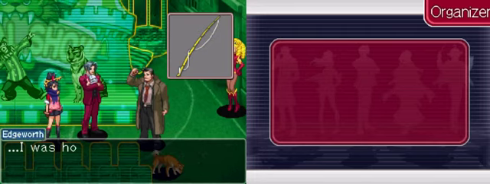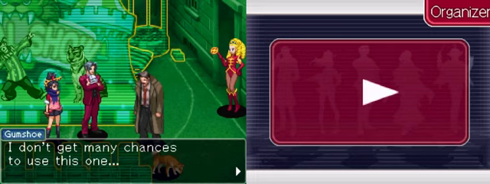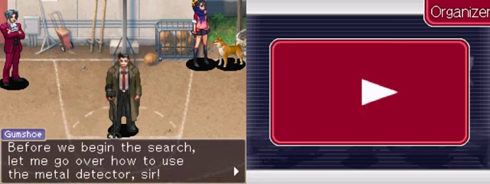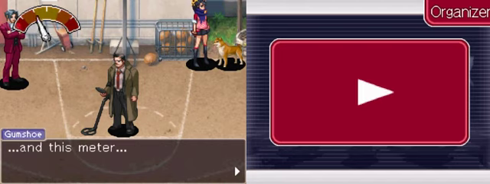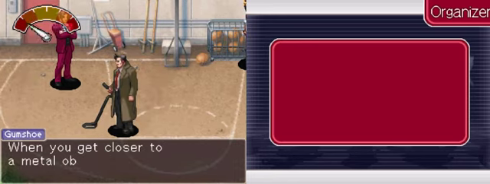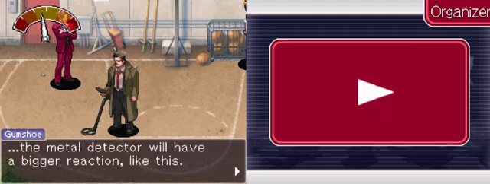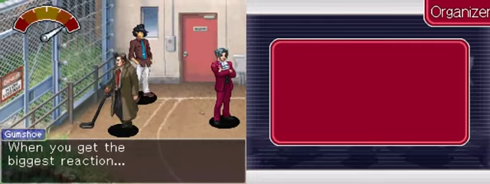Yes, sir! I was hoping for the metal detector. I don't get many chances to use this one. Before we begin the search, let me go over how to use a metal detector, sir. This metal detector uses a sound, and this meter, to let you know how close you are to a metal object. When you get closer to the metal object, the metal detector will have a bigger reaction, like this. When you get to the biggest reaction,